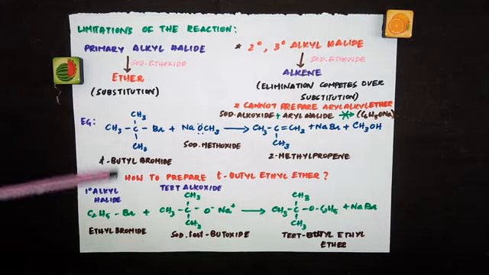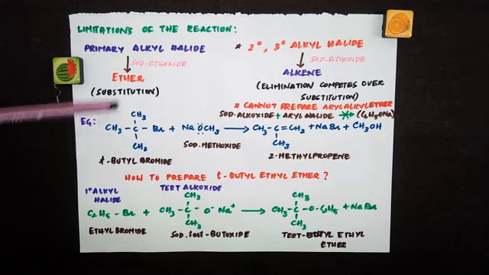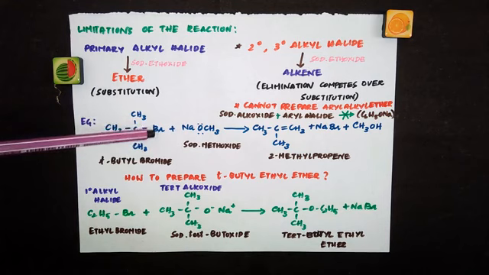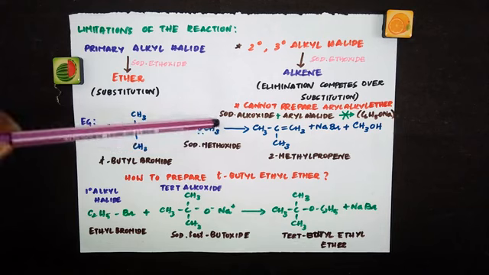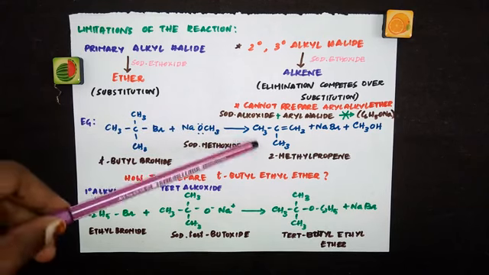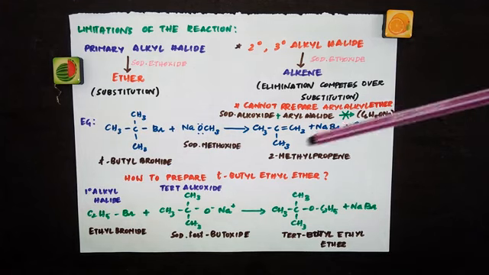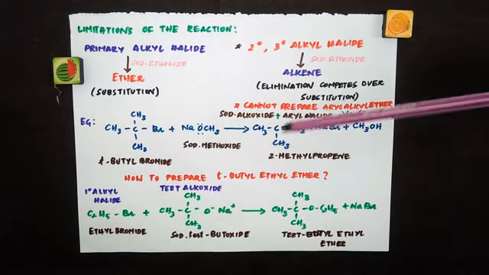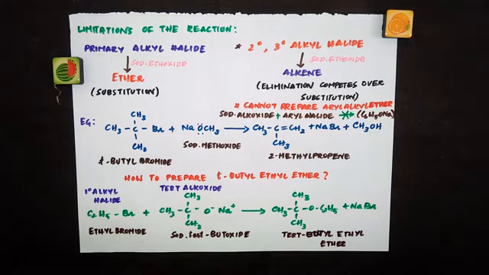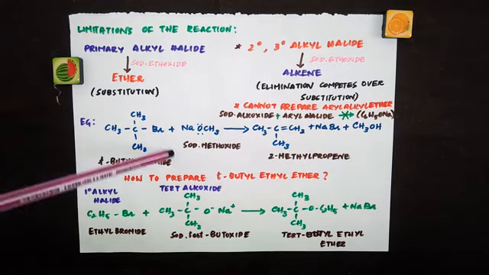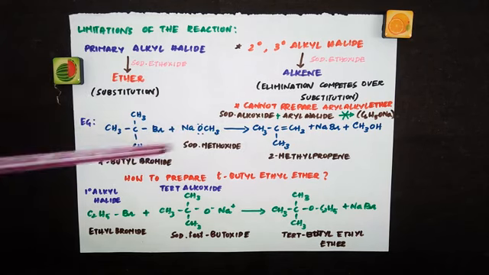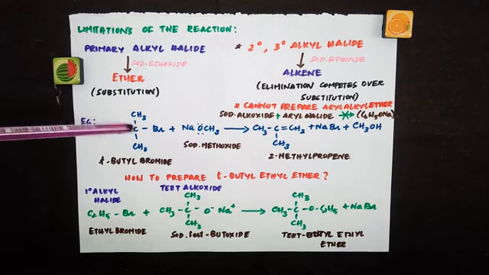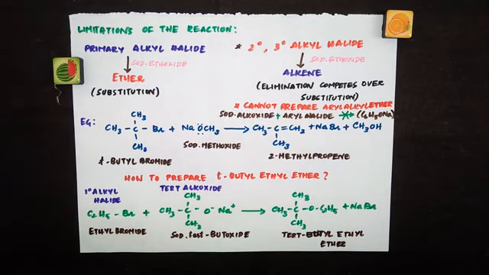Now look here, I have taken tertiary butyl bromide. So this is a tertiary alkyl halide, tertiary butyl bromide, and I am treating it with a primary alkoxide, which means I am taking sodium methoxide. If I treat with that, what do I get? I don't get an ether. What do I get? I get an eliminated product, 2-methyl propene. Elimination takes place because this alkoxide actually causes the elimination of the alkyl halide to form an alkene. So if you take a tertiary alkyl halide, you end up with an elimination product.